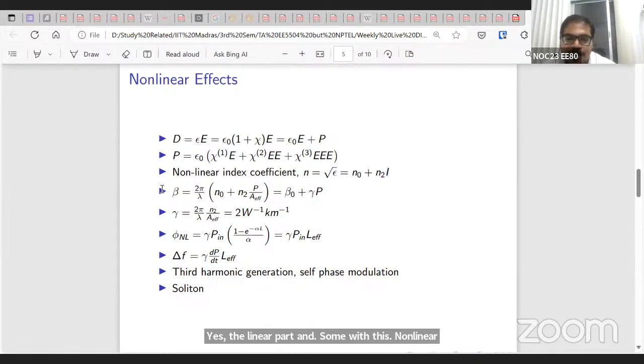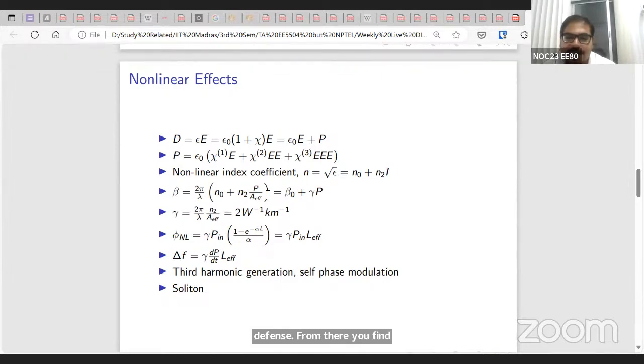From there, you find the definition of beta. You can find where these parameters come up,